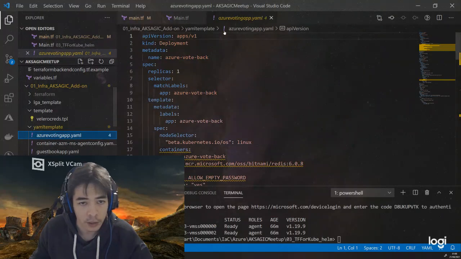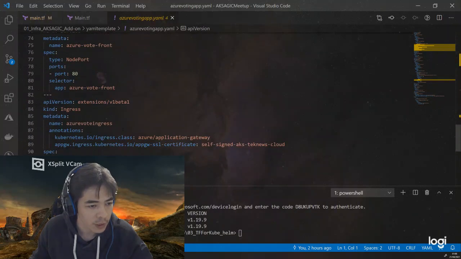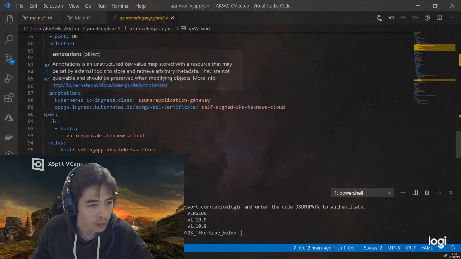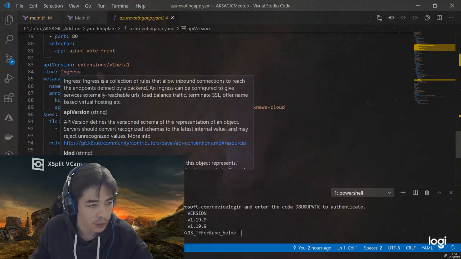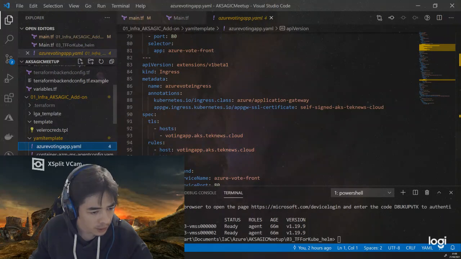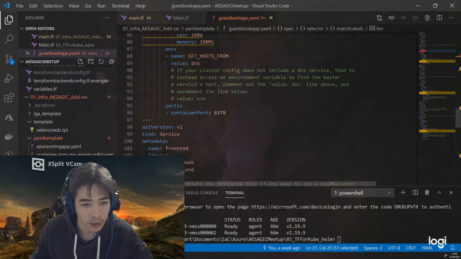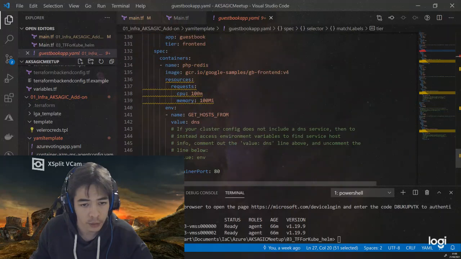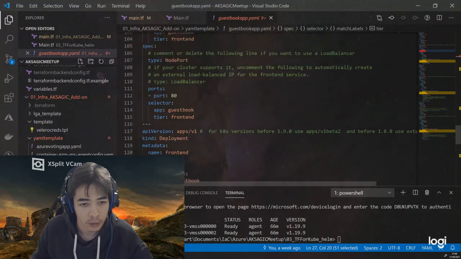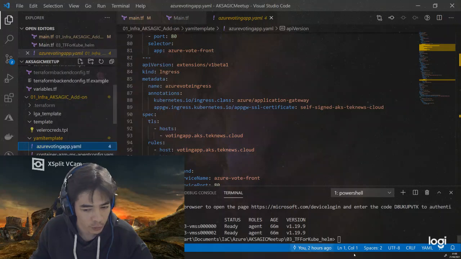Let's check the voting app, what do I have over there? What interests me is if I do have at the end an ingress extension. As you can see, I have an ingress extension, so we'll apply that, and I should have another one maybe. Get guestbook ingress TLS. So this is only the guestbook, but is there the... okay, there is nothing here, so I will at least deploy this one.